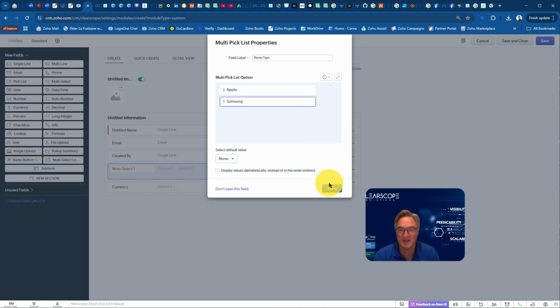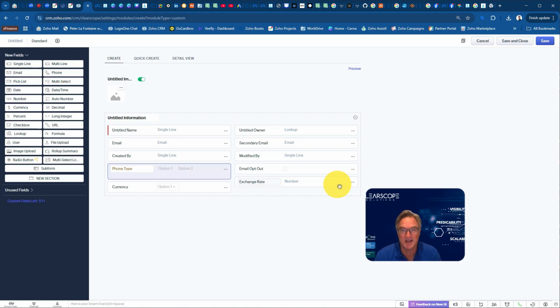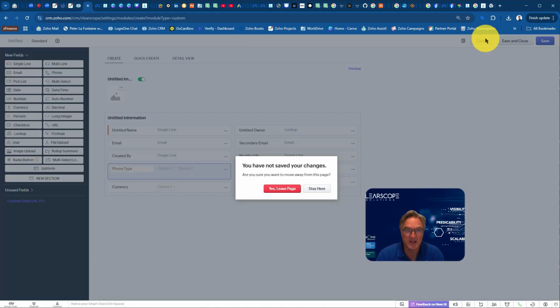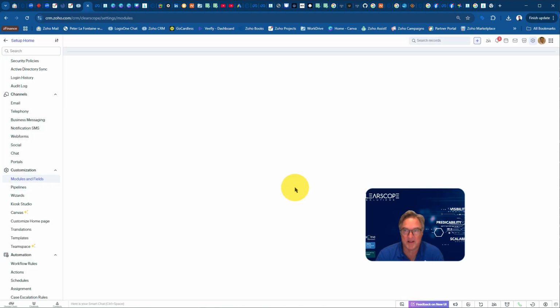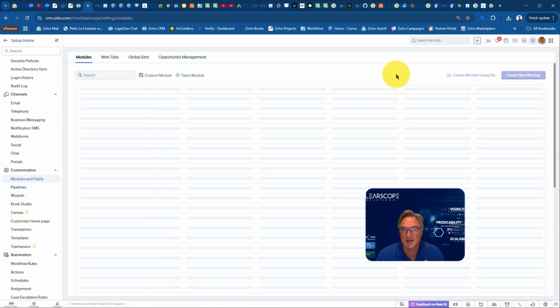And so what you're doing is basically replicating what's in the native modules. You can build it into your own custom module, and then once you've got the custom module built, you could upload data from, say, your Excel spreadsheets and save that and store it inside Zoho CRM. And the other thing that's really cool is that those custom modules can then be referred to